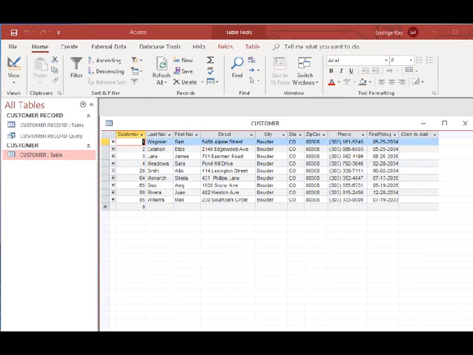So Access gives you several different ways to create tables. You can usually best create it in the design view. Just create a table in design view, but you can also create them by importing data from external files such as Excel spreadsheets. So here I'm going to go back, I'm going to close this database,